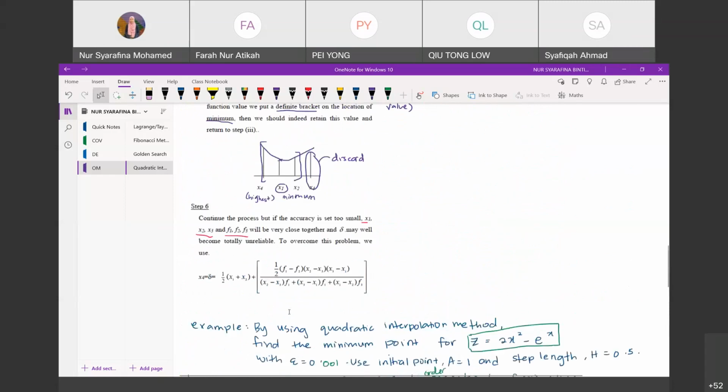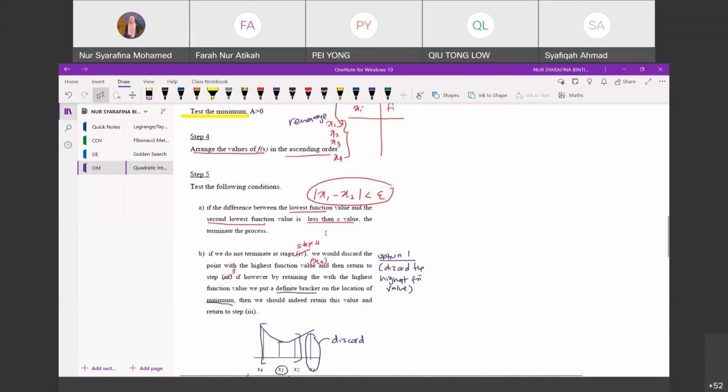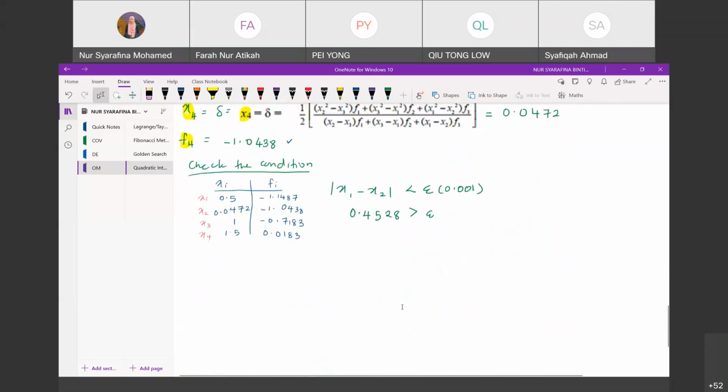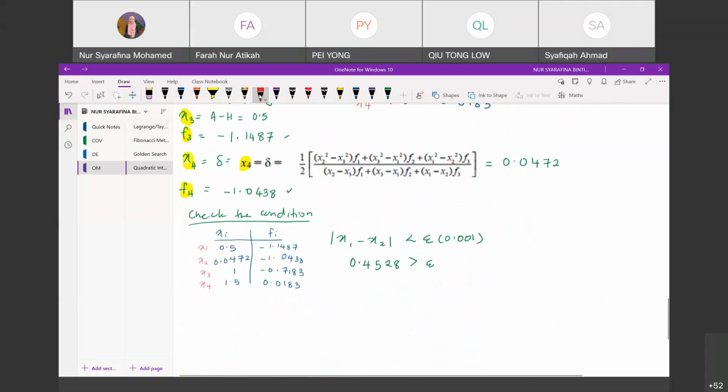But now we have to have another condition here. Okay, the first condition is to check the stopping criteria. The second one, okay, if we do not terminate the process, we should discard the point with the highest function value and then return to step 3. So the highest function is x4. Okay, so we discard this. Then in your next iteration,